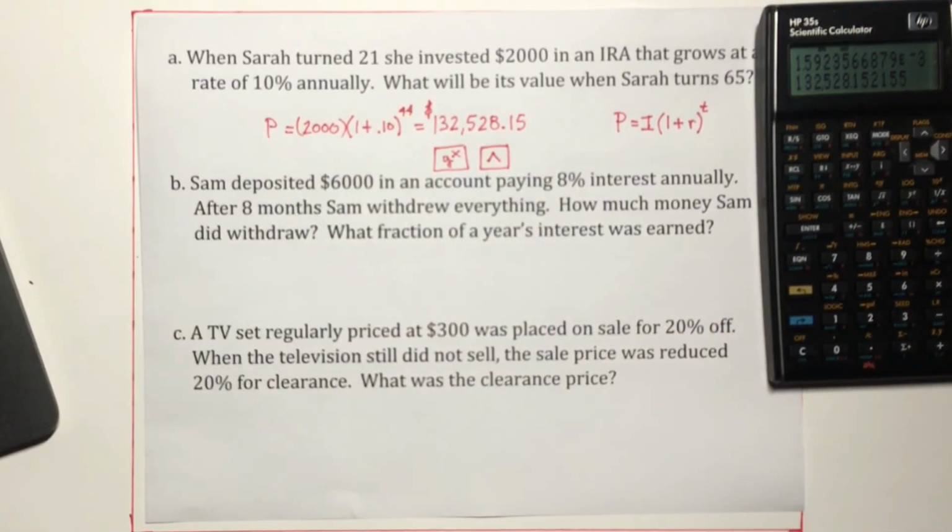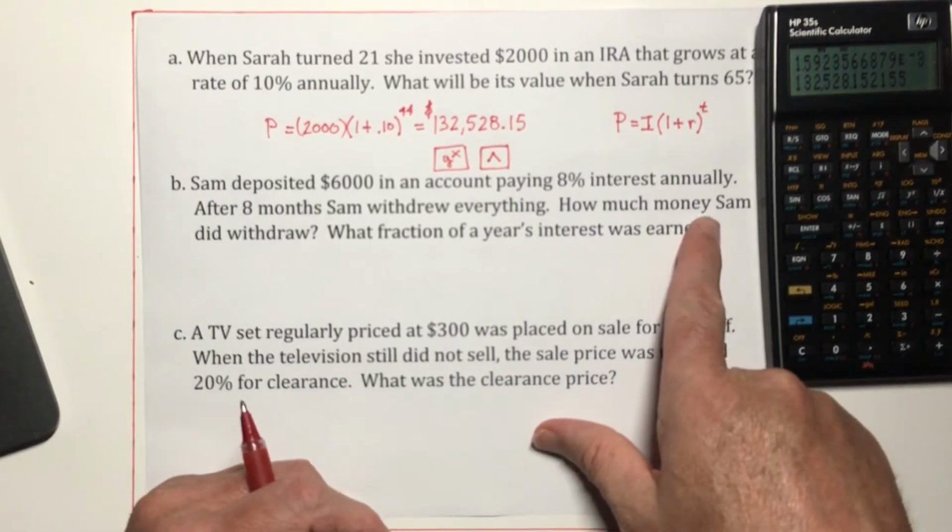Okay, all right. So that brings us to example B here. Sam deposited $6,000 in an account paying 8% interest annually. After 8 months, Sam withdrew everything. How much money